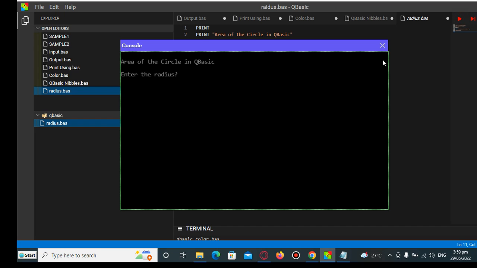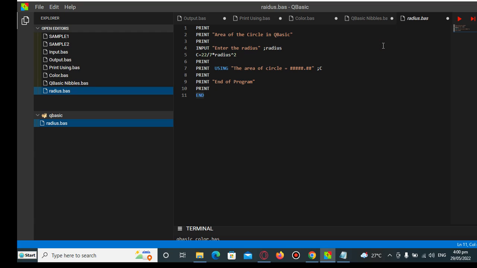Another example for 5. So the area of the circle is 246.94 and end of program. Last example 12.3. 12. So the area of the circle is 1,422.37 and end of program. So this is the end of our tutorial video guys on area of the circle in